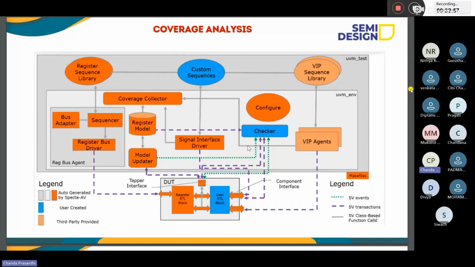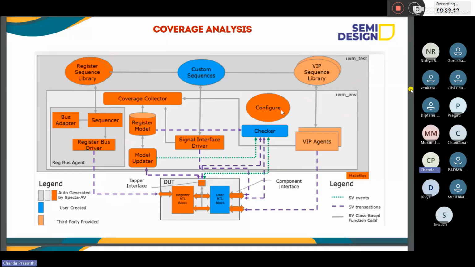The checker is nothing but the scoreboard. In the scoreboard we write some reference values and generate the output, the expected values and the original values. So checker is nothing but scoreboard, and then configure.